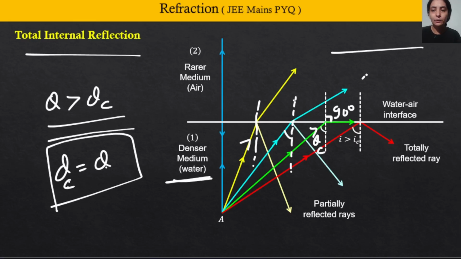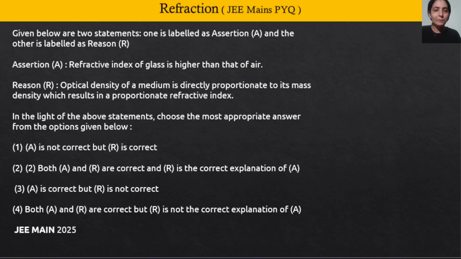लाइट कैसे जा रहा है, देखो इंसिडेंट हुआ ऐसे, और आफ्टर रिफ्लेक्शन it is grazing the surface, डन है। So this is the case. Now let us start with the question. सो देखो सबसे पहला क्वेश्चन हमारा assertion reason है। पहला क्या बोल रहा है, refractive index of glass is higher than that